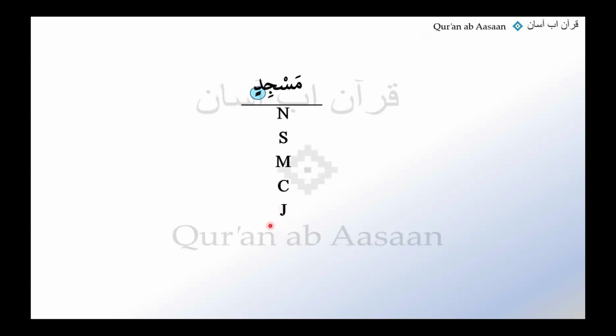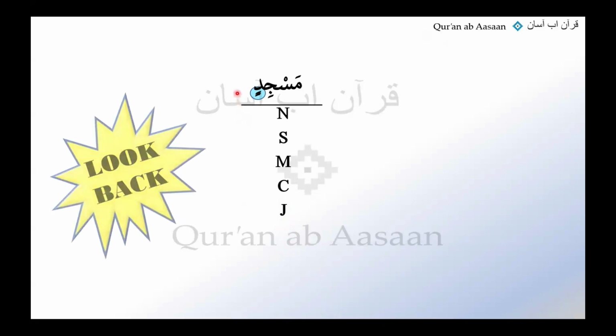After this, what did we learn to do? Instead of putting in the question mark, what did we learn to do last time? The question mark is actually there for the reason of why this is in jar, right? So to find the reason of why this is in jar, what did we learn to do? We learned that we should look back. And what do we see here? The reason for the noun to be in jar, the harfe jar. Do we see harfe jar here? Well, there is no harfe jar there as yet.